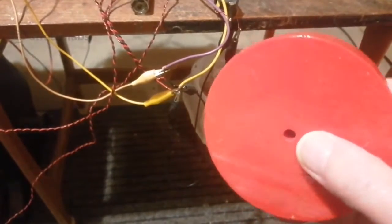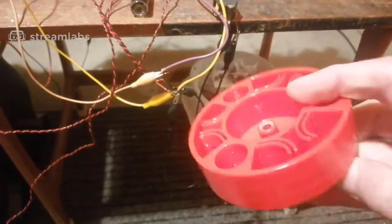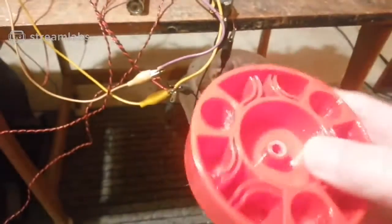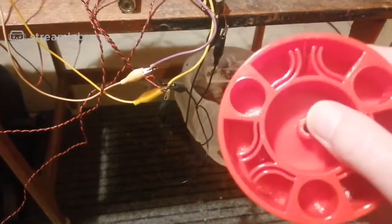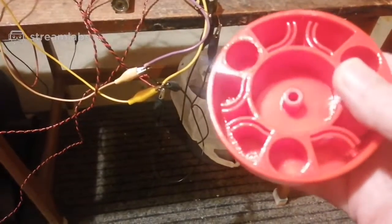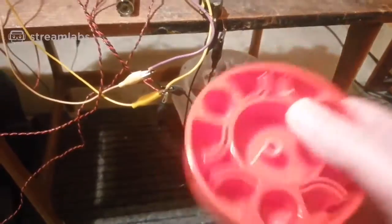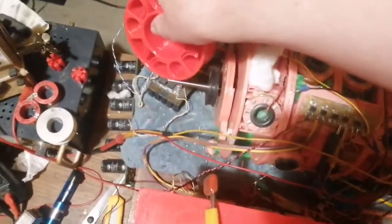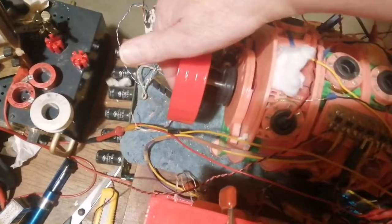Well, I had to move the hub. Is it not the hub? Yeah, so the little hub in the middle. I had to just bend it slightly while it was soft, because it was wobbling like that. So what I did was I stuck it on my old generator here just to balance it out, because it's got the drive shaft that's the right size. So I stick it on here like that,